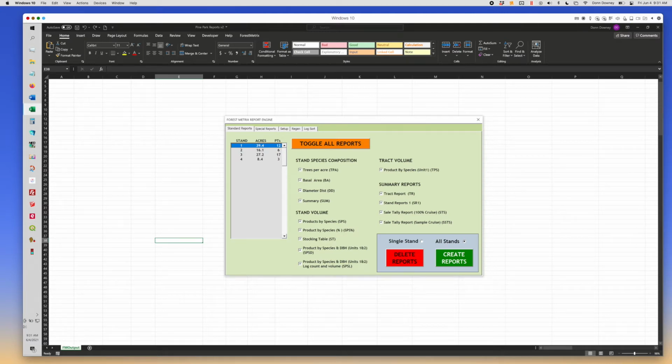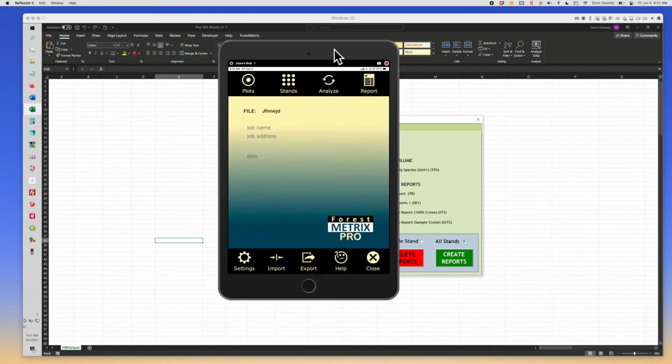This is a video to describe how to use the Forest Metrix report engine to process your Forest Metrix data in Excel to create a number of pivot tables and graphs. This is available to the Pro Plus users, and if you are subscribed to the Pro Plus package,